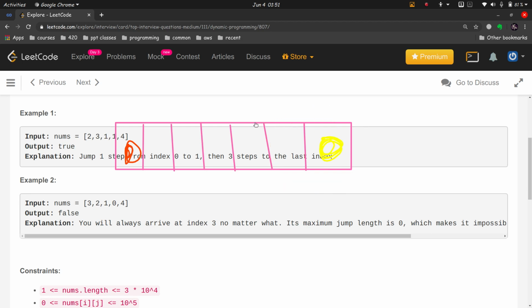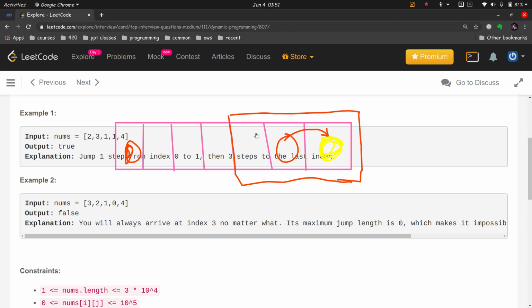Now let's add the third last element also to the array. Assuming that I could reach the end from the second last, in that case I just need to know whether I can reach the second last from this point. I don't have to worry about the last one, I just have to worry about the second last.